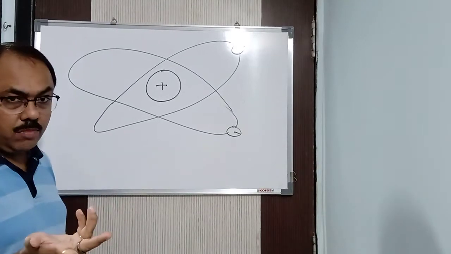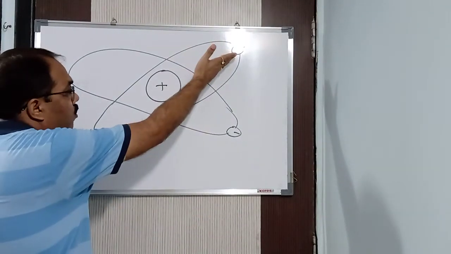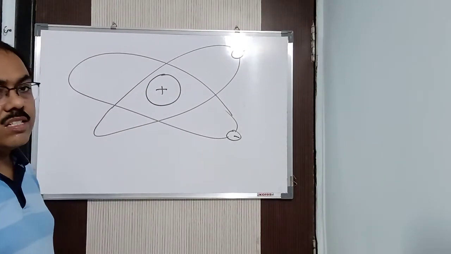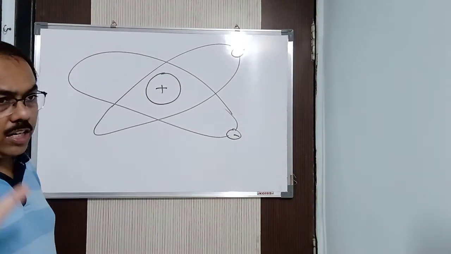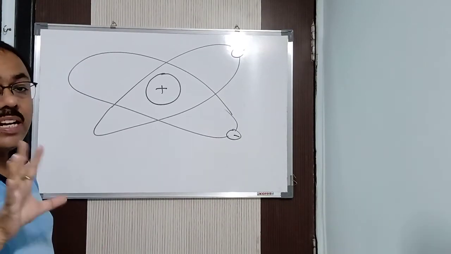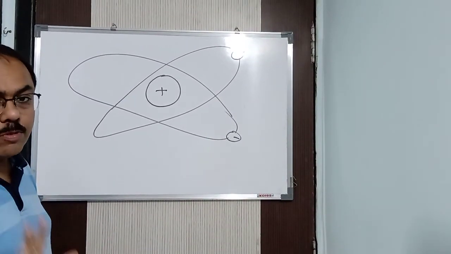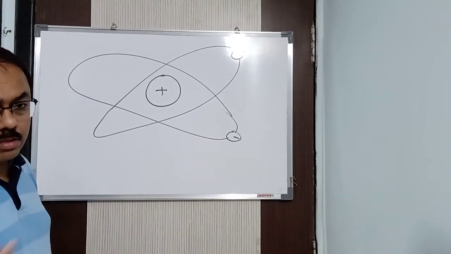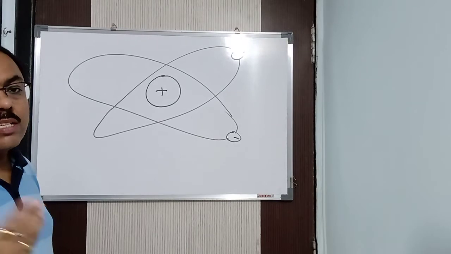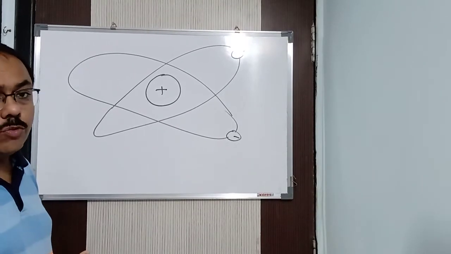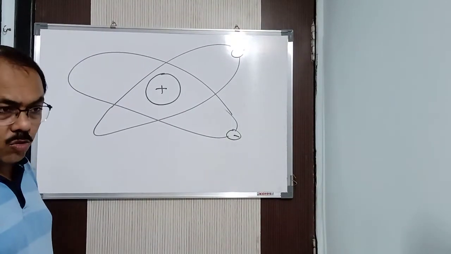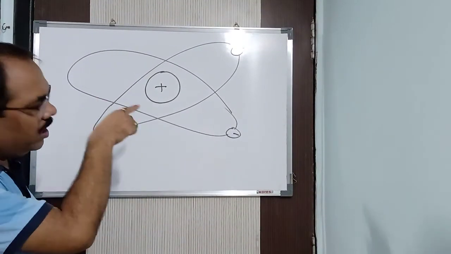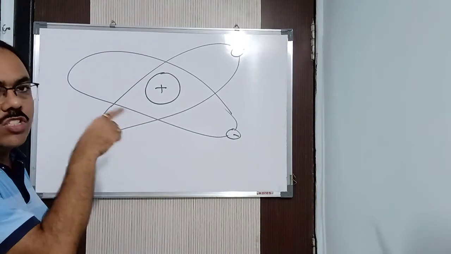So Rutherford said the same thing, that the centripetal force applied on the electrons by the nucleus is not allowing the electrons to fall into the nucleus. The centripetal and the centrifugal force present in the planets and the sun balance each other, due to which the planets keep moving in their own orbit and don't fall into the sun. Similarly here also the same thing happens, as given by Rutherford.